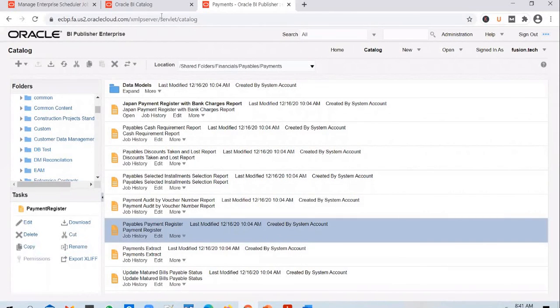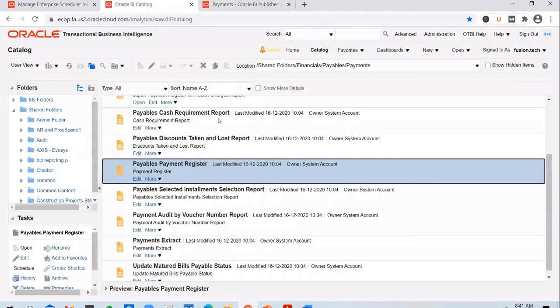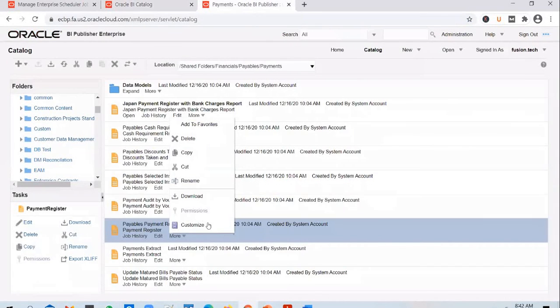So if you look at this report from the XMLP server link, if you click on more, you will be able to see an option called customize. You will not see this option when you try to access it from the normal reports and analytics work area. So if this is how the report appears in the normal reports and analytics work area, and if you click on more, you don't see a customize option. But you see a customize option when you try to